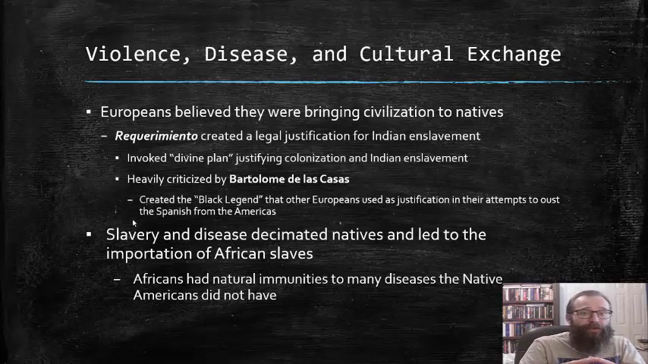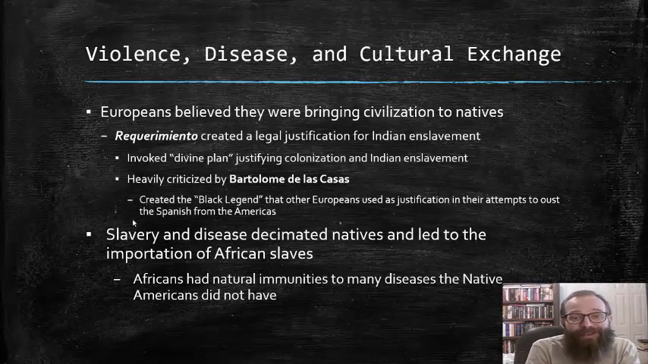Now, the Spanish in particular developed what they called the requerimiento, which created a legal justification for Indian enslavement, and it invoked this idea of some sort of divine plan handed down by God that justified colonization and Indian enslavement. And it was all couched in this idea that the Europeans were bringing civilization to these natives. Now, not all Europeans agreed with this requerimiento or this divine plan. Particularly a Spanish priest